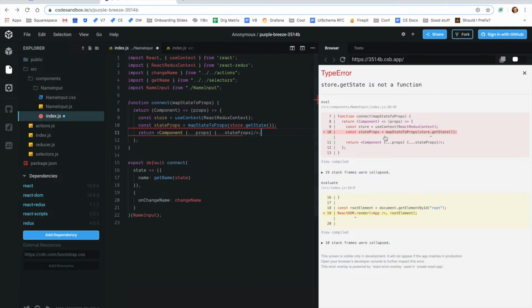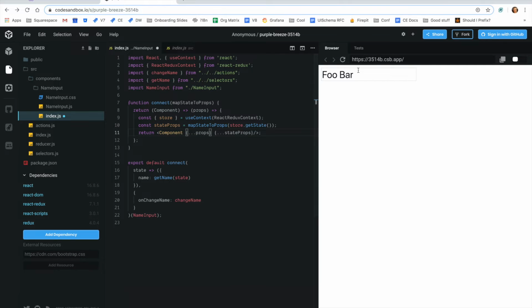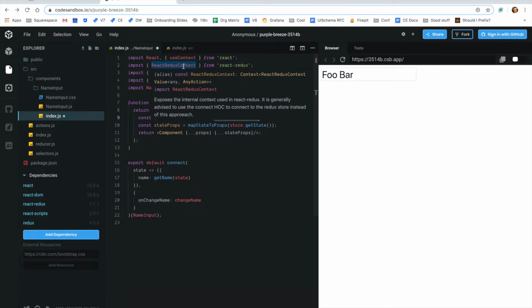All right, what's happening now? getState is not a function. Maybe this needs to be destructured. There we go. So to summarize, we've imported our React Redux context, which is a consumer for the React Redux